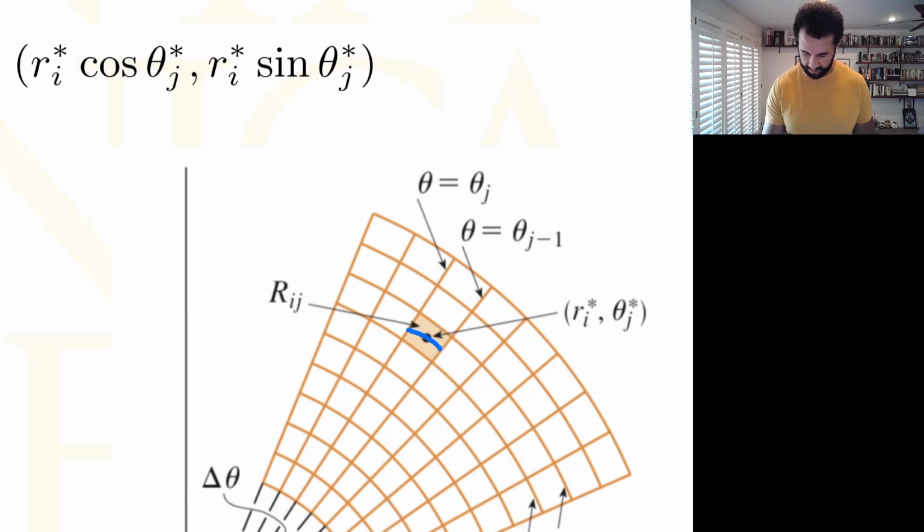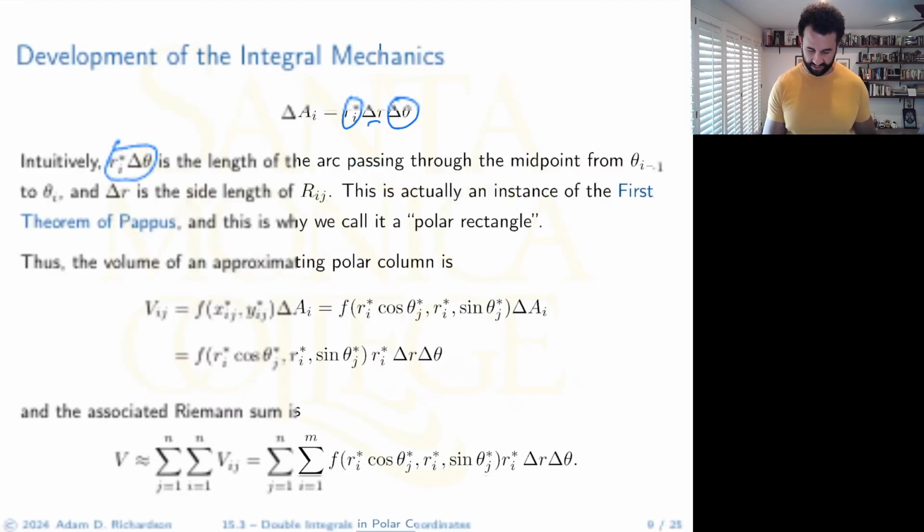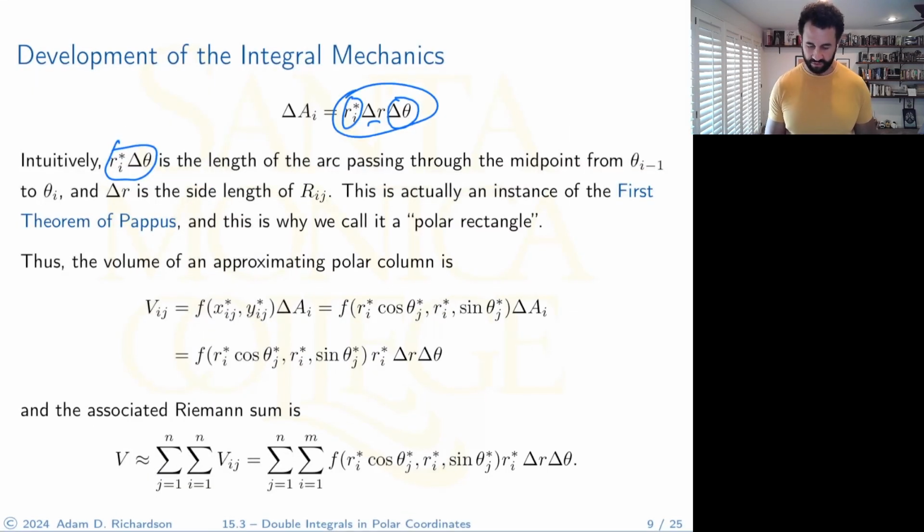So it's like we're going just like that. That's how we're getting the area. How do we do that? We basically take this length and then we scan it that way, and then we add up all the results. So that's really what's happening when you see this formula right here for delta A, or delta A sub